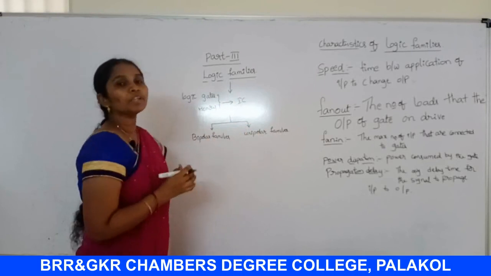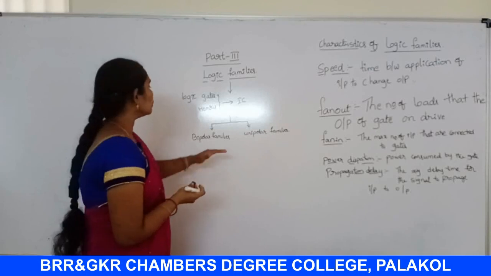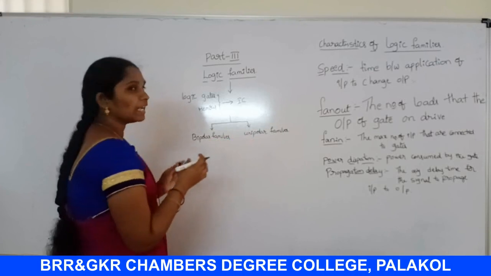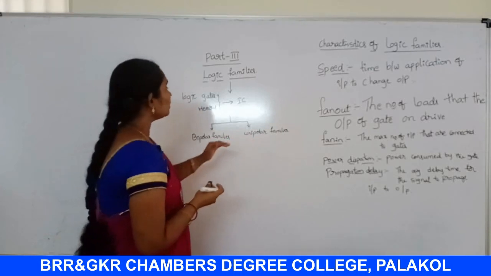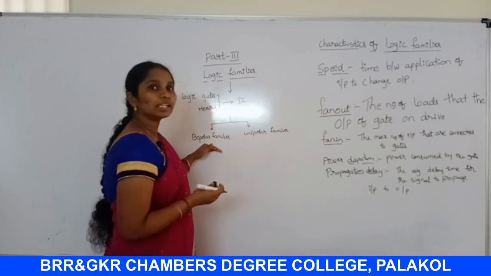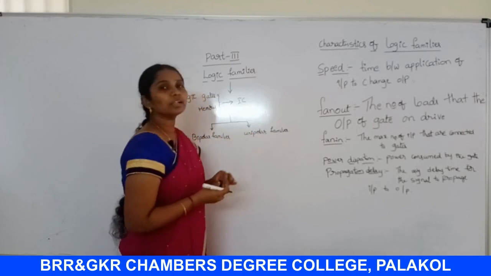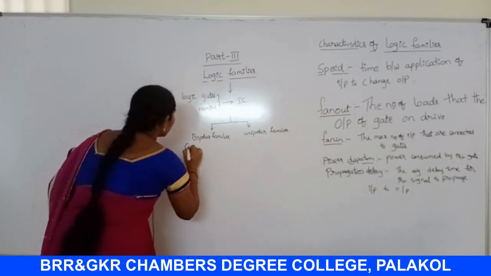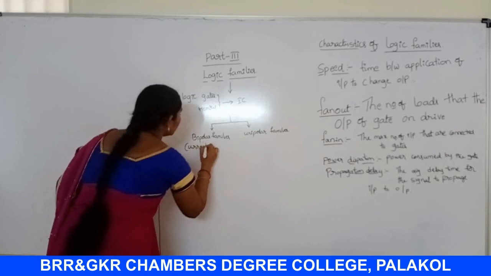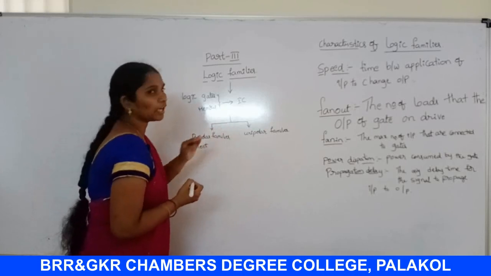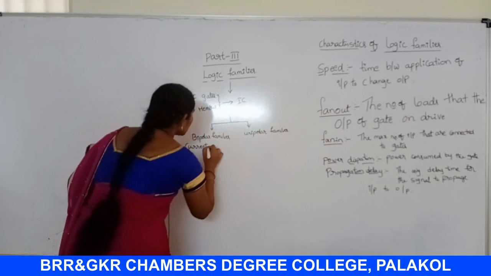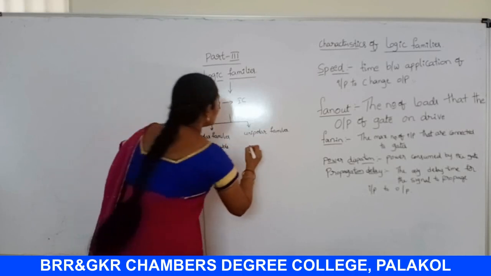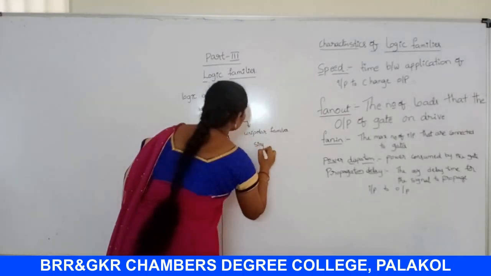So depending upon the direction of flow of current, these are classified into two types. In bipolar, the direction of current flow is double direction, but in unipolar the direction is only a single direction. So depending upon the current direction, it can be classified into two types, bipolar and unipolar. In this the current direction is double direction. Okay, and in this a single direction.